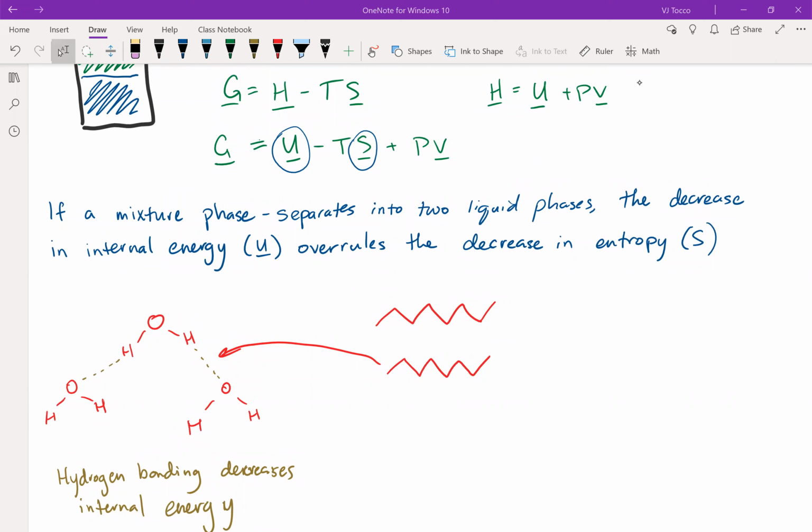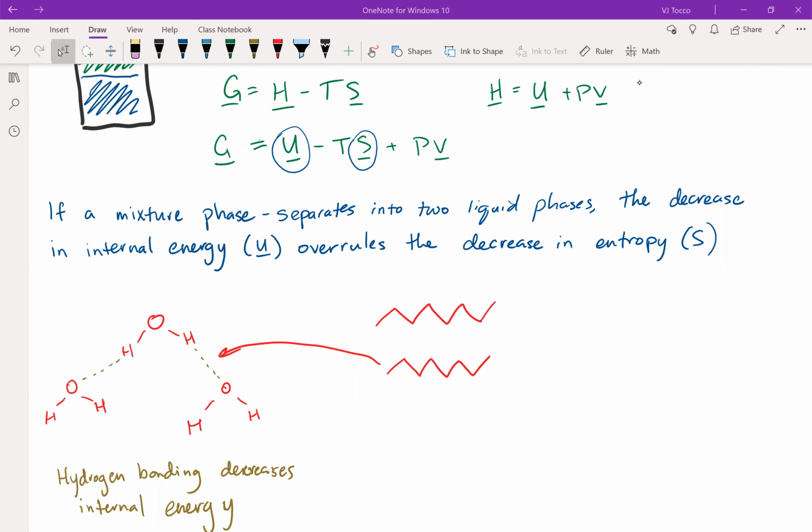So the fact that temperature is here as well means that as I increase the temperature, this TS term is going to increase, meaning I'm subtracting a larger number. So as temperature increases, this entropy term becomes more and more important, right? So as temperature increases, you have less and less likelihood to phase separate because the decrease in entropy that occurs